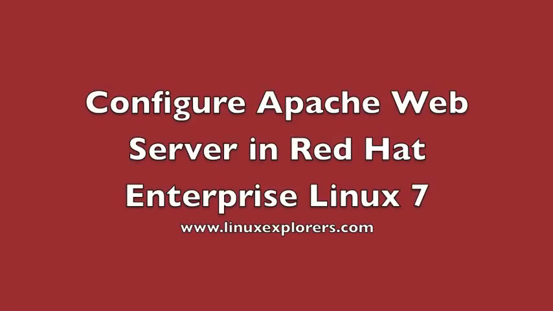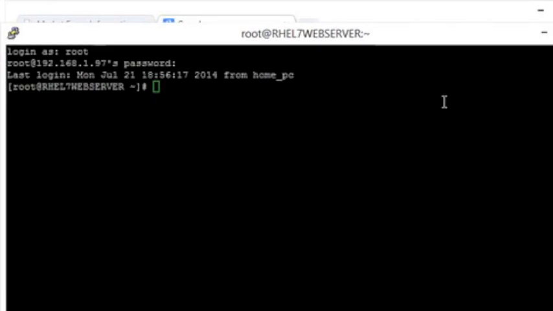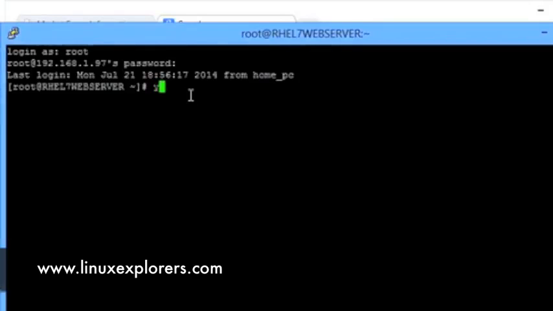Hello, and thank you for choosing this tutorial for how to configure an Apache web server in Red Hat Enterprise Linux 7. The written instructions are available at www.linuxexplorers.com. The first step that you'll need to do is to download the HTTPD software, and that's done through a